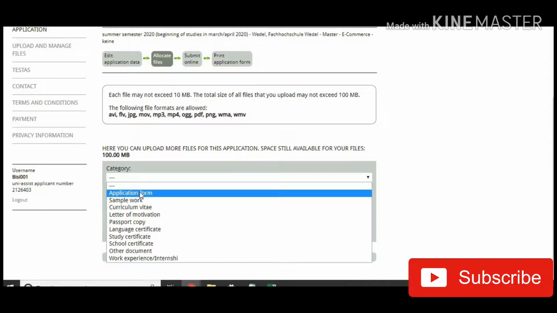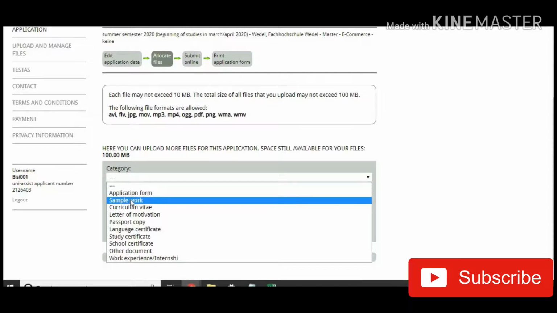So for this application form, I'm going to teach you how to download the application form, because you have to finish filling the form before you have your Uni-Assist application form, unless the school has an application form on their website that you have to first print out and then upload here. If that's the case, you have an application form. But if you're using the one from Uni-Assist, you'd have to first finish somewhat and come back here and